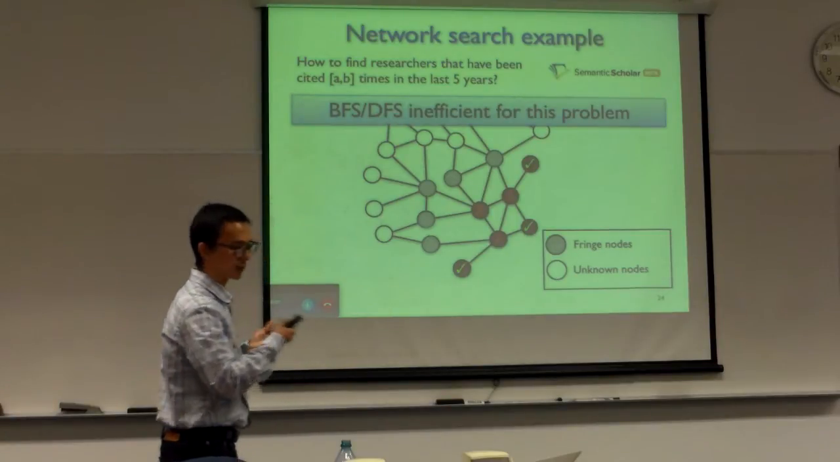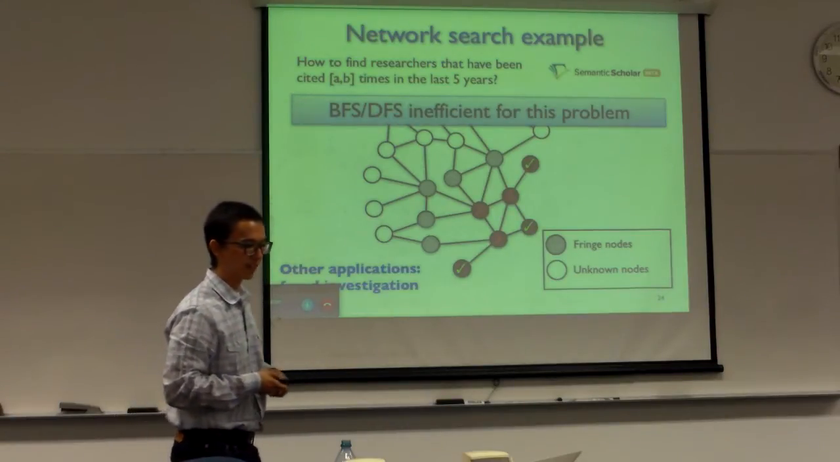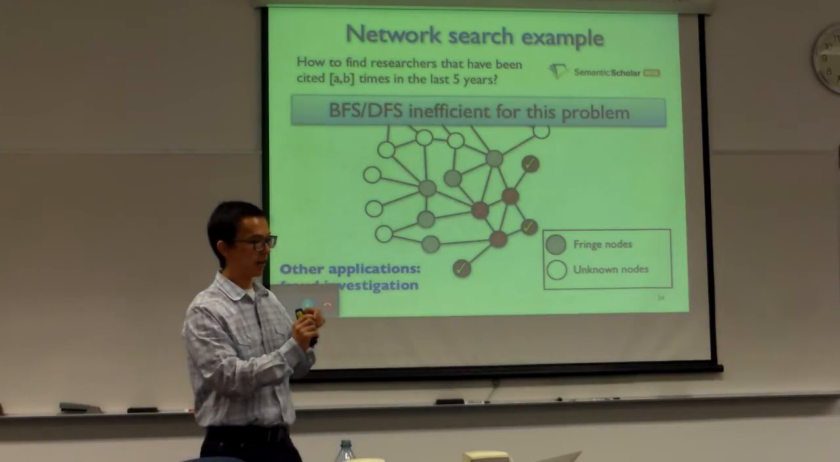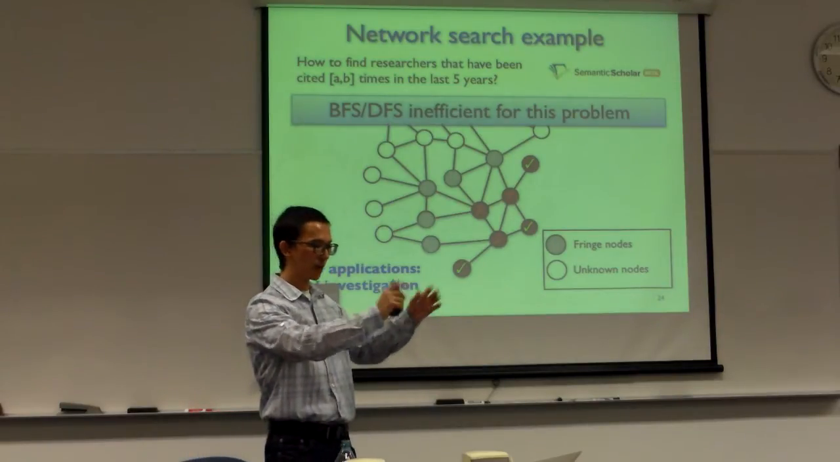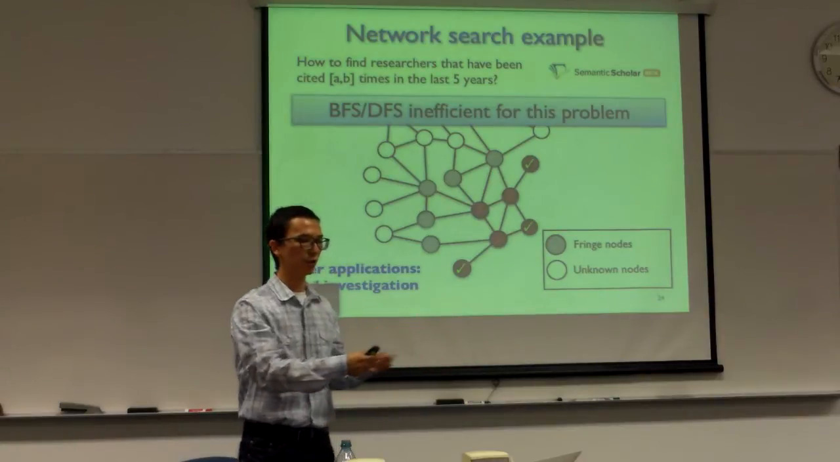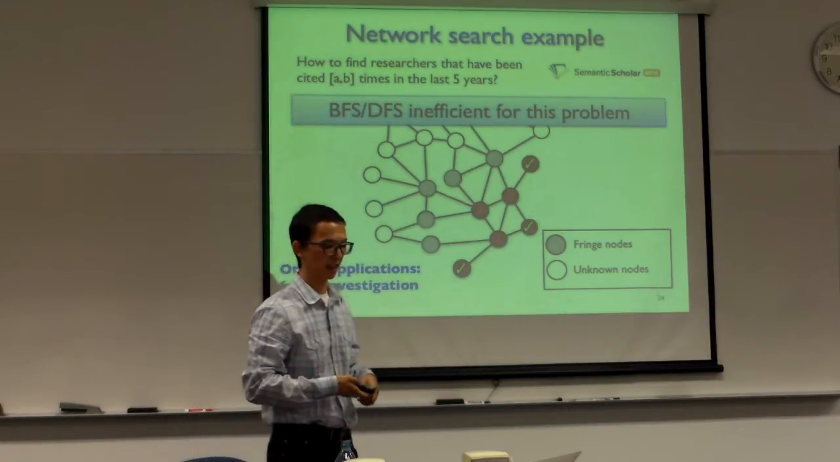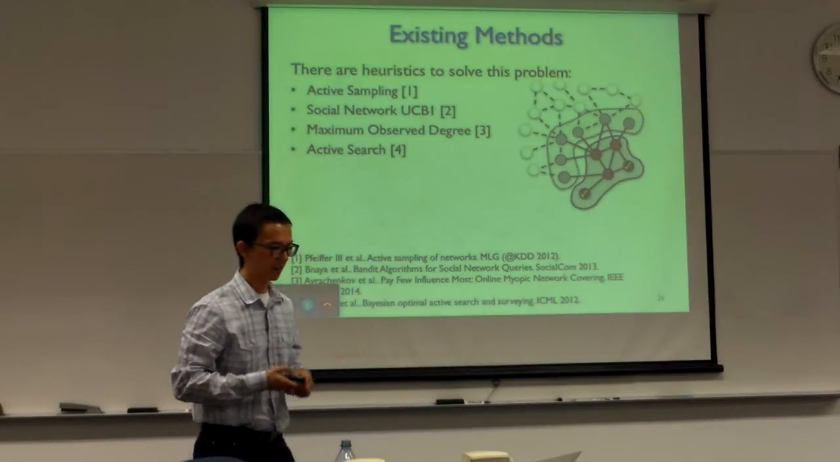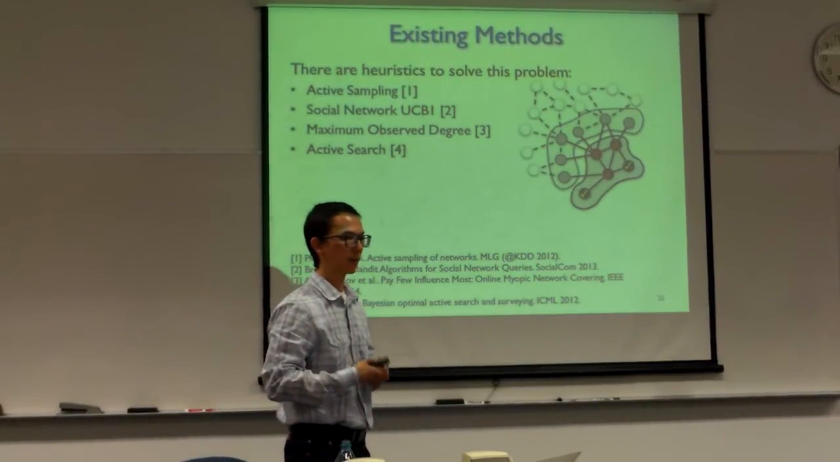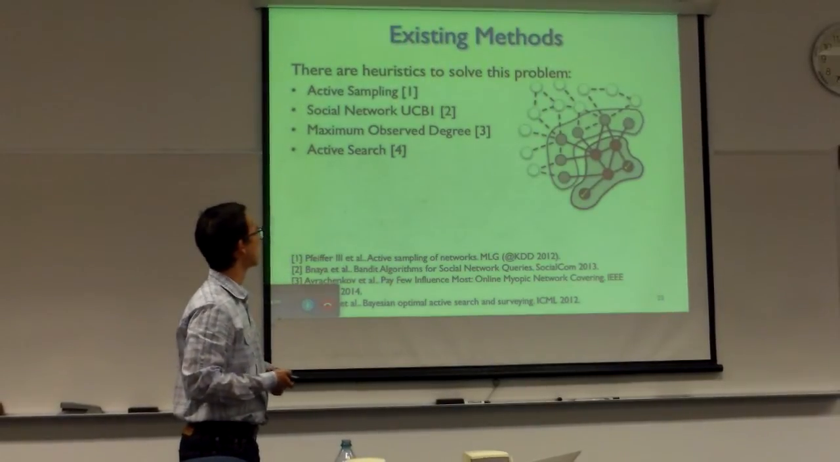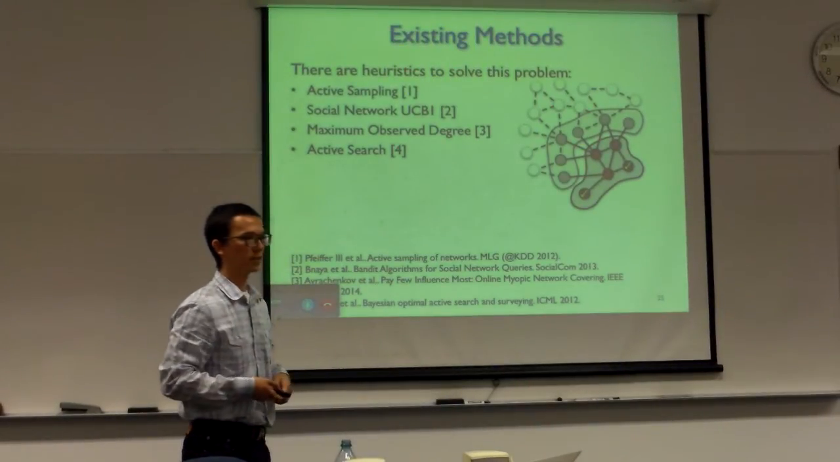Other applications for this type of search include investigating people suspected of fraud in the IRS. So after checking the background of one individual, you can look at this person's connections and decide who to investigate next. Because this is an important problem, other people have thought about ways to solve it. And in particular, heuristics have been proposed for this problem and related problems since